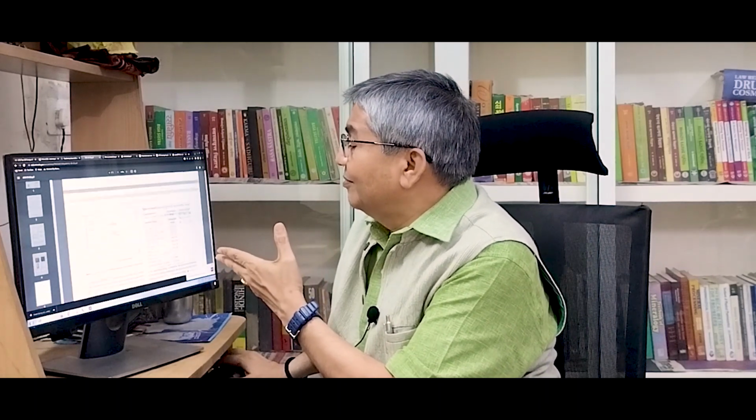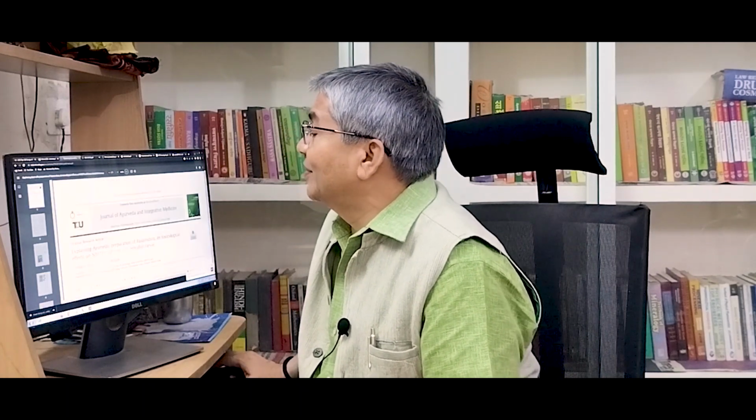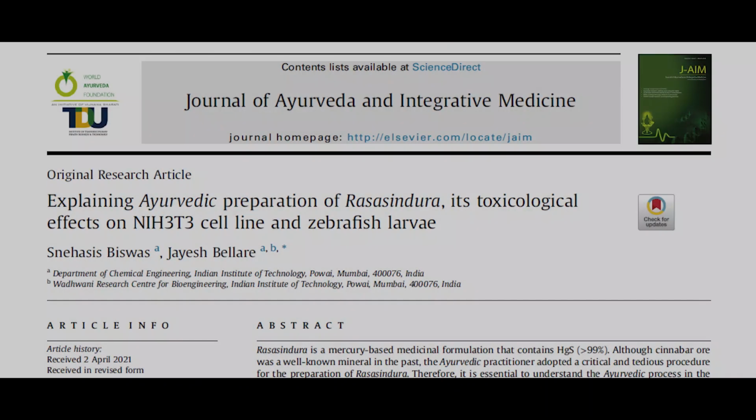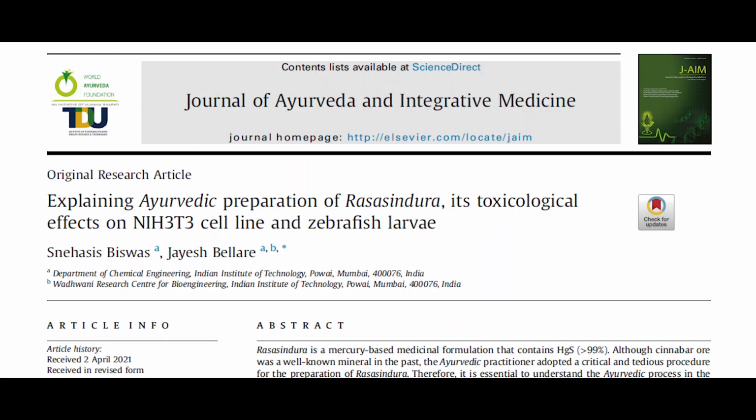And see here all the data of this paper, and they establish the fact. Now, finally, I am coming to the paper of last year supporting the super scientific knowledge of the Rasacharyas of the 1000s, 880, 1180, like that. And see here, explaining Ayurvedic preparation of Rasindoor, its toxicological effect on NIH3T3 cell line and zebrafish from the